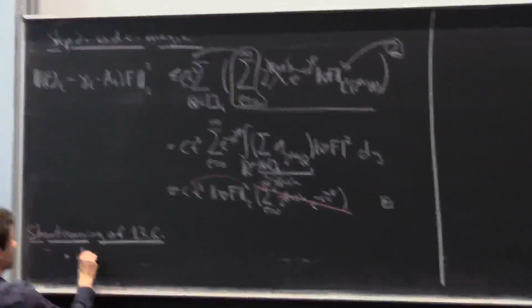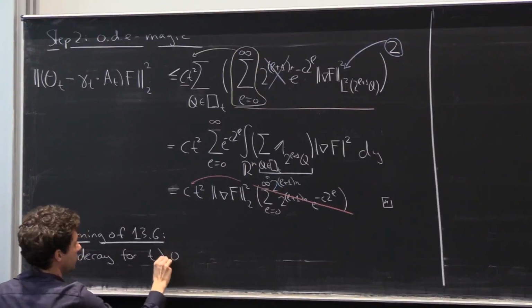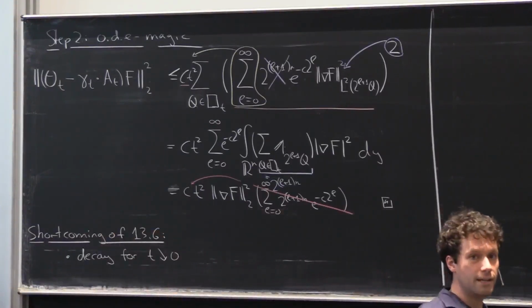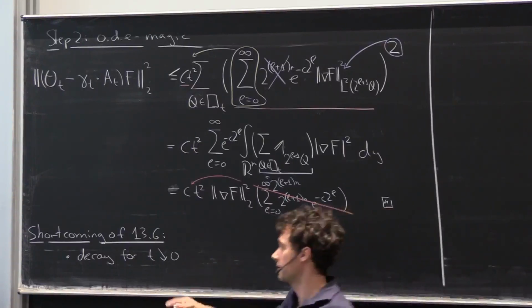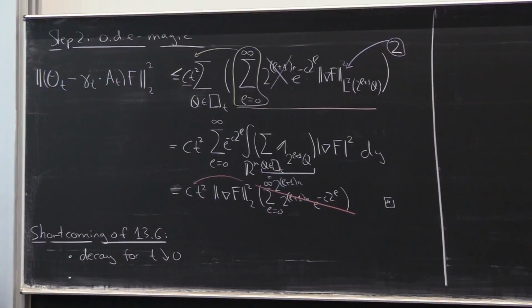I only get decay when t goes to 0. And in this integration with respect to dt over t, I have to find a way, no matter what, but it's indispensable to find decay when t goes to 0 and to infinity. And I just completed one half of it. But even more disturbing, I did something I do not want to do, because imagine my goal, there was a square function acting on f. And at the beginning of the lecture, I made the effort of writing everything in terms of f. And now what did I do?